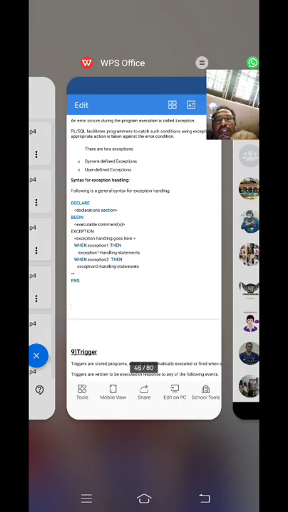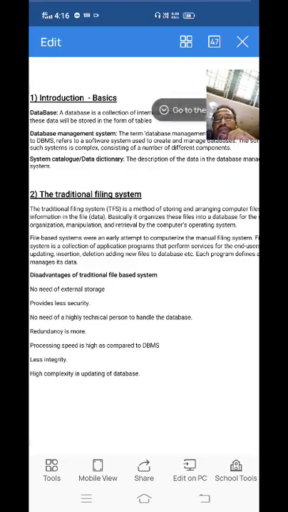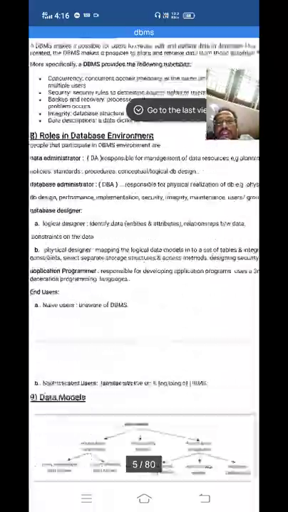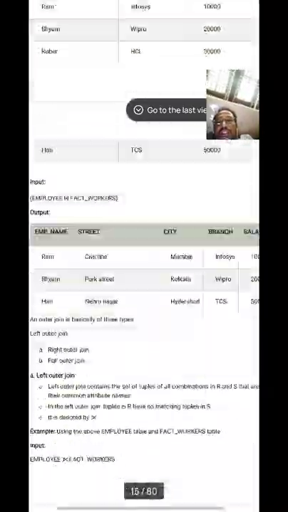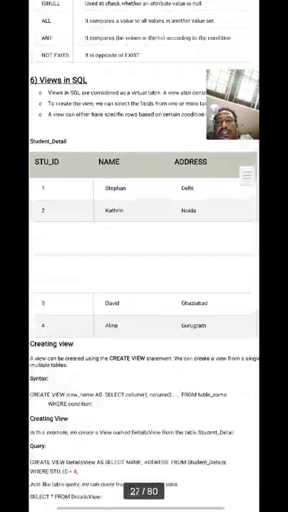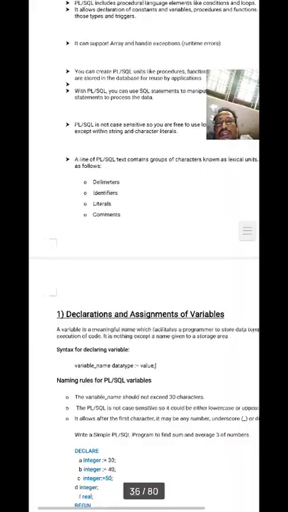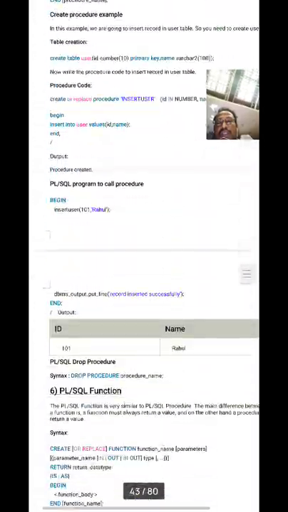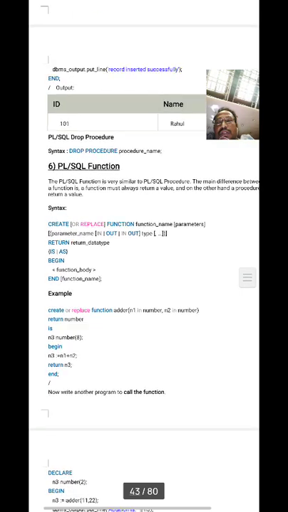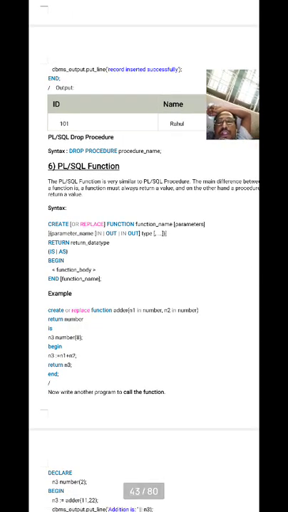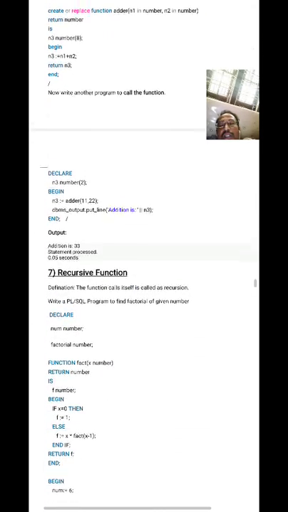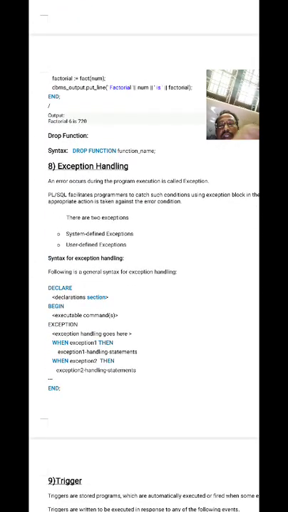Yes, that you can define, what those exceptions are. Just a minute, scrolling that. Okay, the assignment, this we have already completed. Now today we have completed this PLSQL functions, recursive function, and exception handling. Okay? So exceptions mean errors, and those errors we can handle like this.